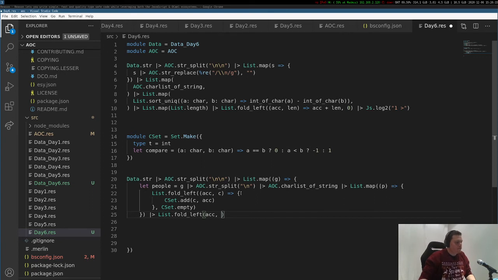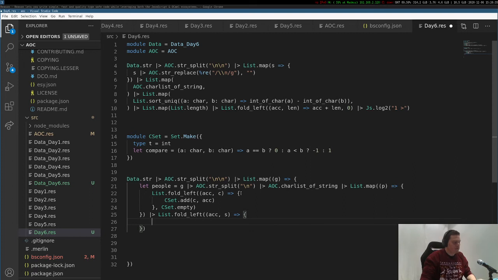And I think this is where we get into the tricky part. What we want to do here is return the intersection as the accumulator, but we kind of have to start out with